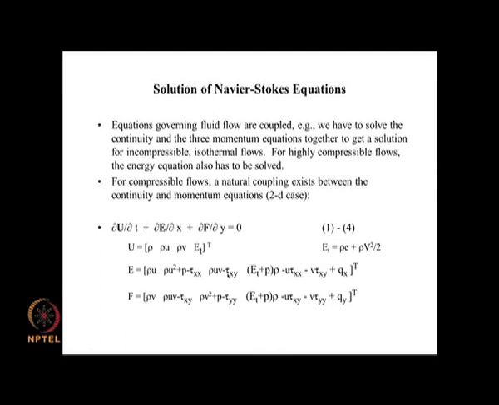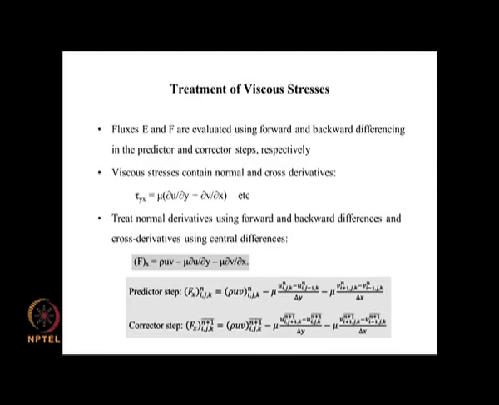Now, so that means that you have dou by dou x of this whole thing. Now here you have dou by dou x of u so you will have dou square u by dou x dou y here and dou square v by dou x square here. So there is one which is coming as dou x square normal derivative, and there is one which is coming as dou x dou y, it is a cross derivative,